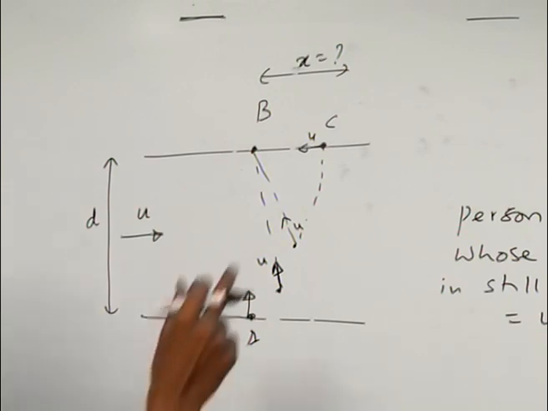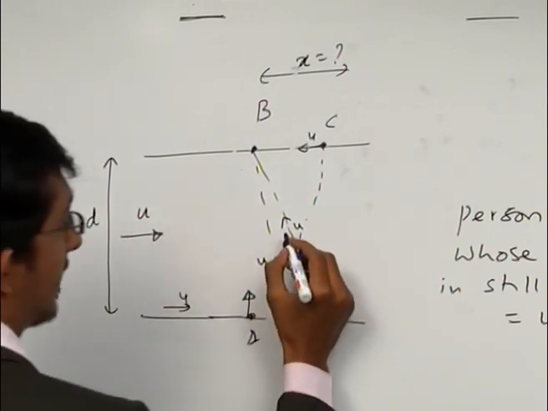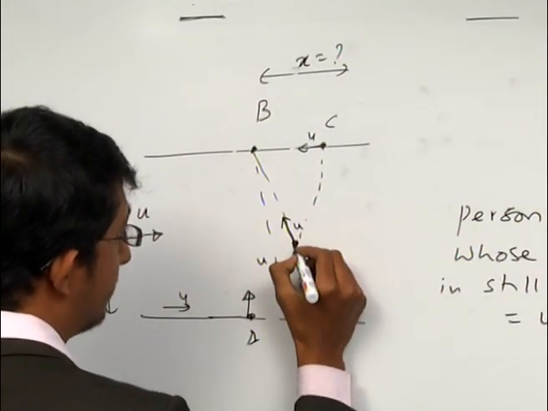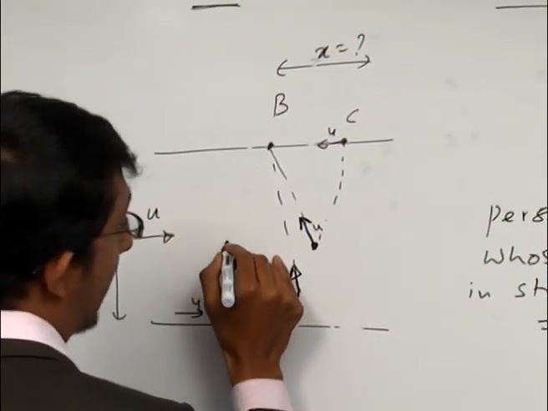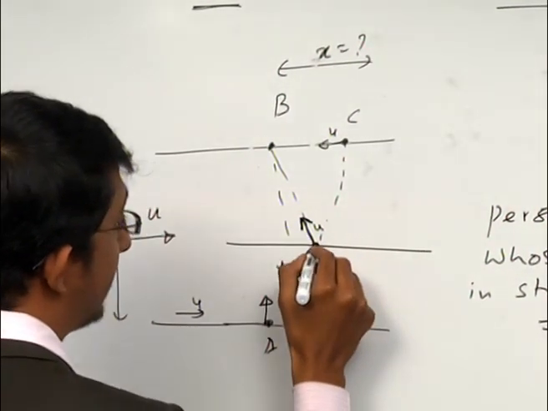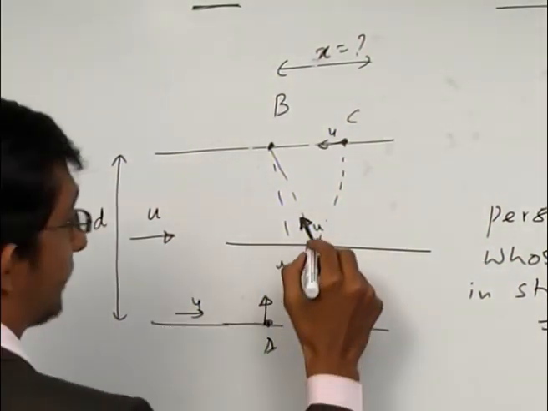Now we have to find this distance BC, which is called drift. Where does he reach from point B? It's a very tough question to solve using normal principles. So what I do, at a certain intermediate position, somewhere in between, I see that he is trying to go in that direction. Let us say